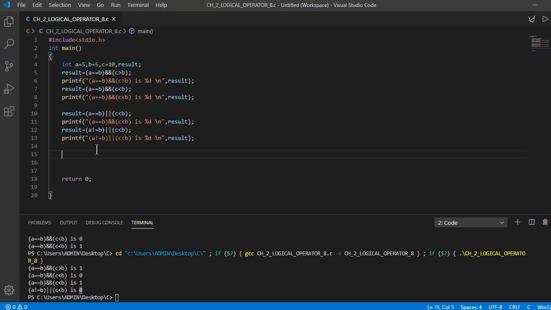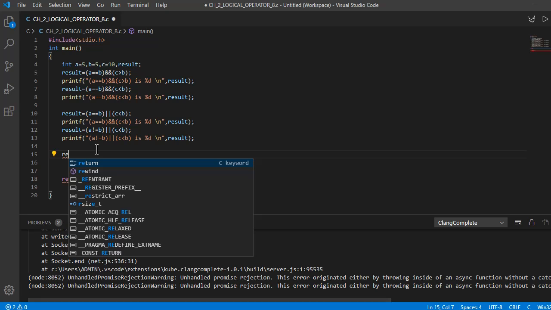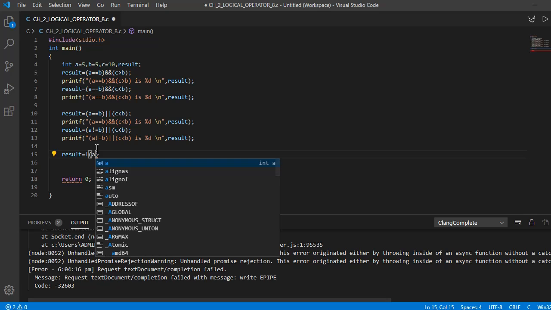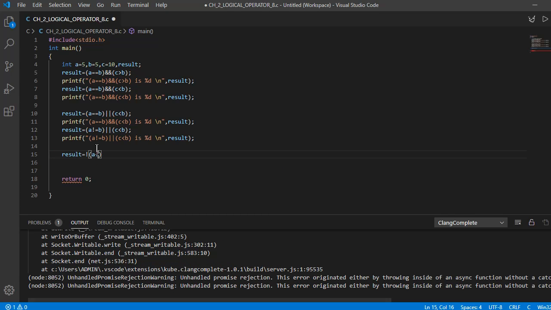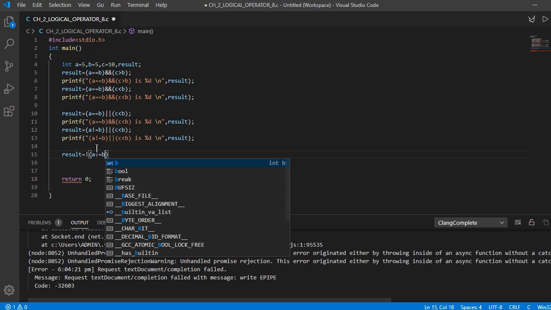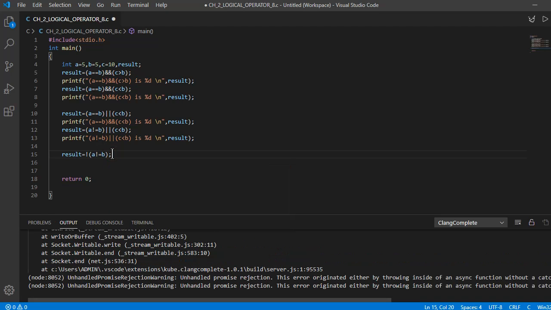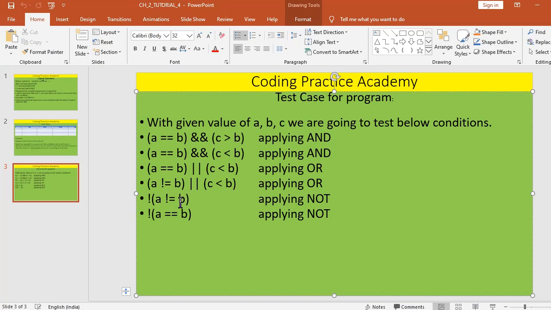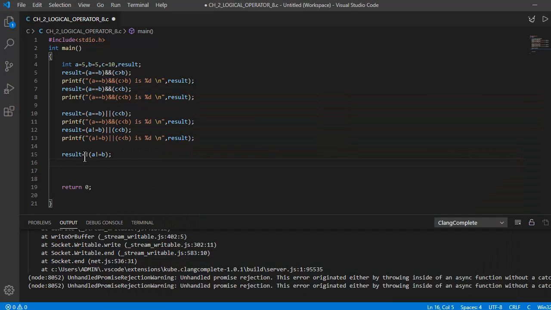The condition is result equals to not A not equals to B. Semicolon closed. This one, not A not equals to B. We need to print it.